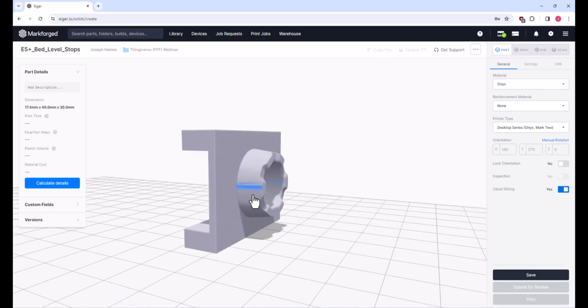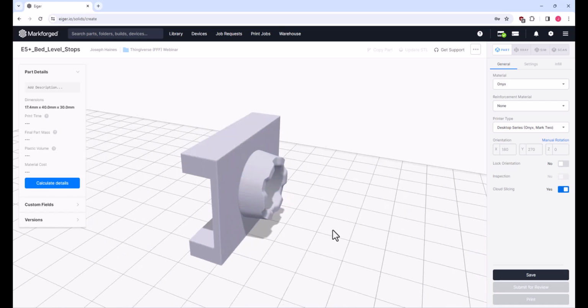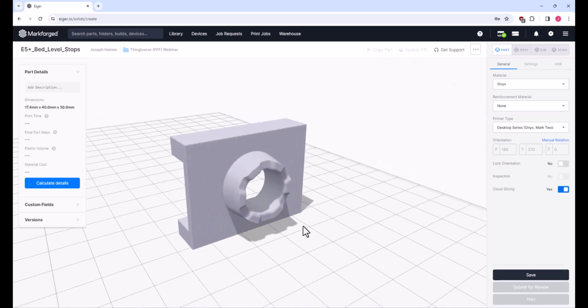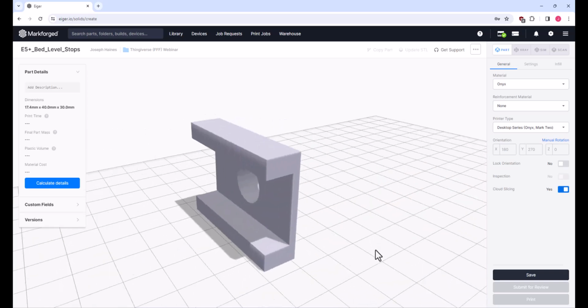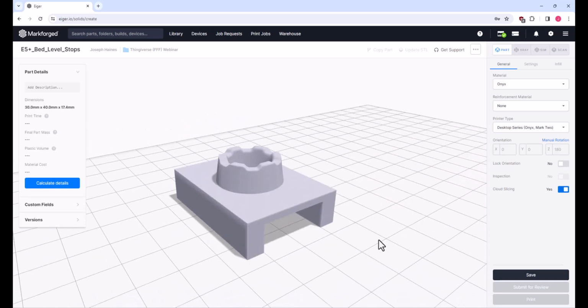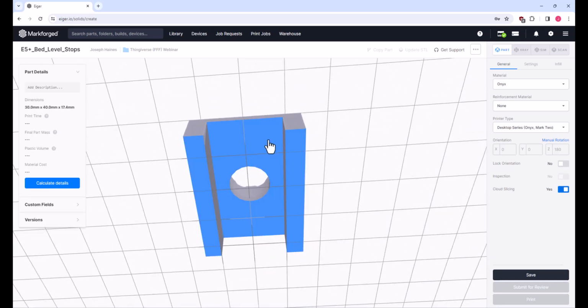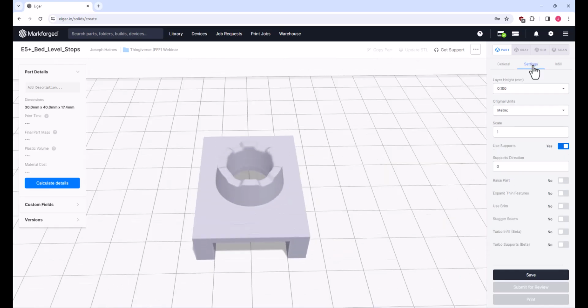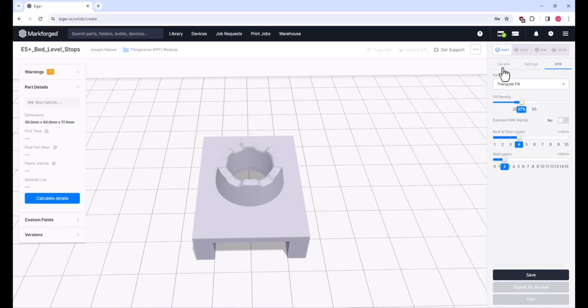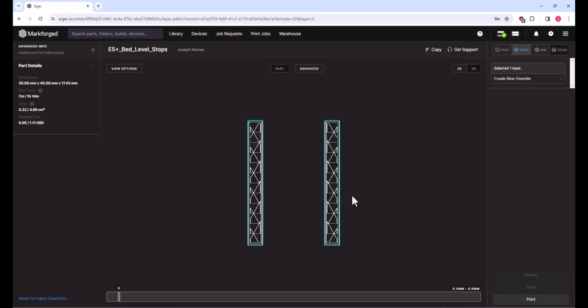So this has kind of an interesting geometry on the top. For this one, again we have a large hole here, so it would be better to print this in this orientation. However, you're going to have to print support material inside here because we have this ring. So if I were to turn support material off on this, as we go into 2D and we can preview